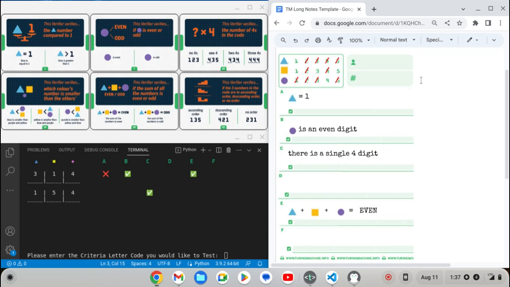And I think we're going to say we're going to deduce that triangle is the smallest. So let's just type that up. Okay, which means that it can't be 1, and